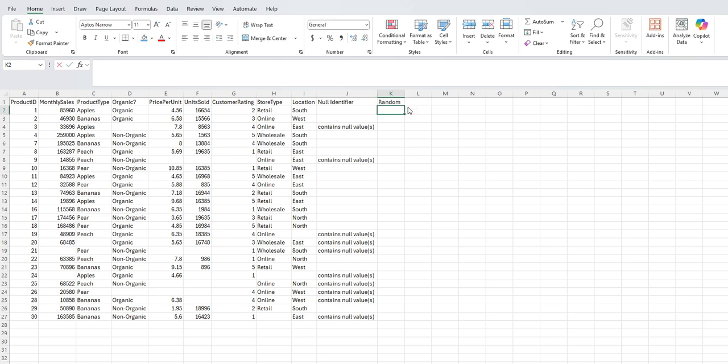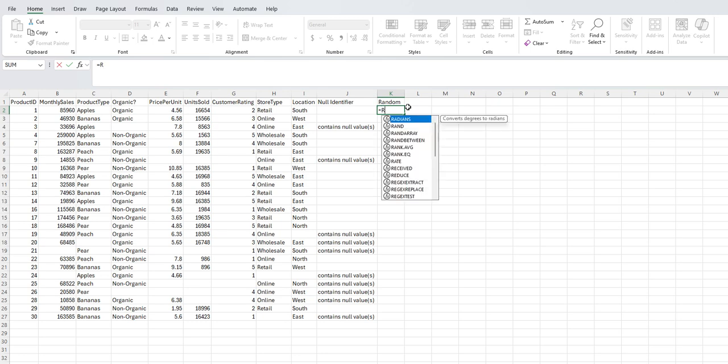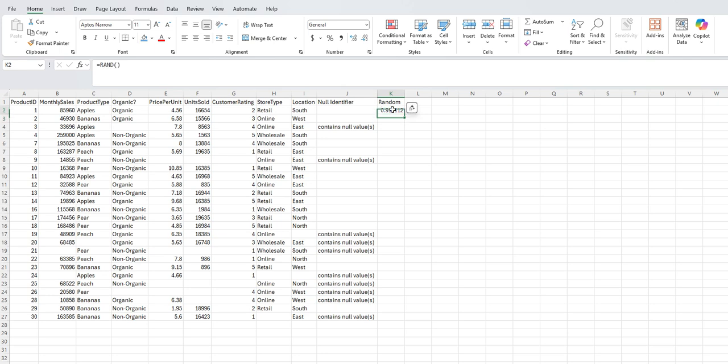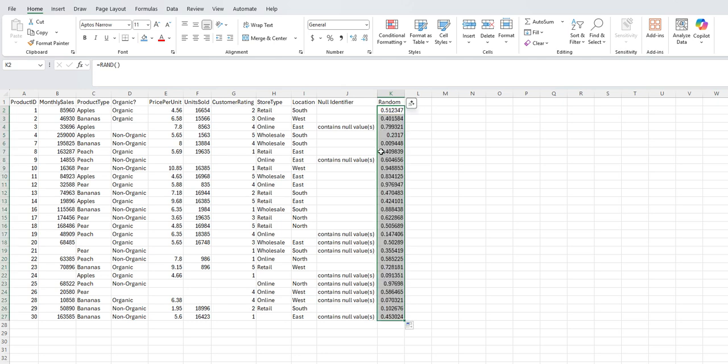From here, we will add in your random function, equals rand parentheses, and hit enter. And from here you can see that it added in a random value, and we want this random value to be included in all the rows. So we can just simply click here, hold and drag this down, and it will auto-populate all the random values